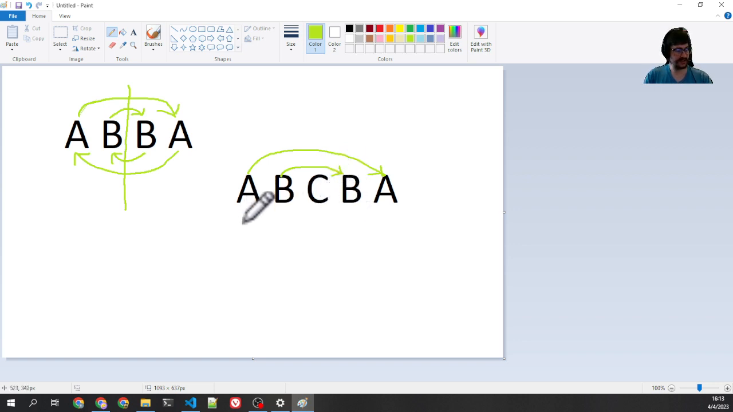Well, technically, this is 0, 1, 2, 3, 4. Okay, 0 maps to 4. We increment this and we decrement this. 1 maps to 3. We increment and we decrement, and then we've just got 2. So we're actually comparing C against itself, which is just silly, because obviously C is going to be equal to itself. So in this case, if we actually split this in 2 again,